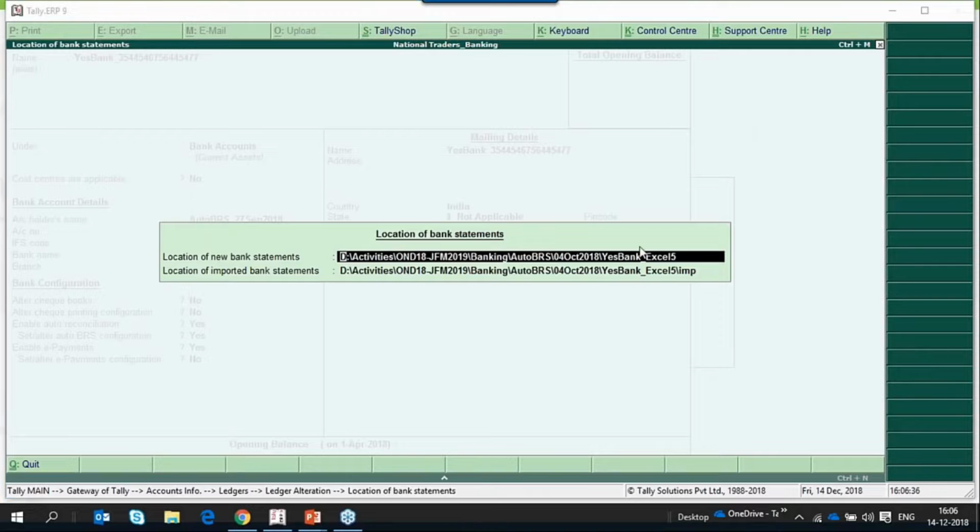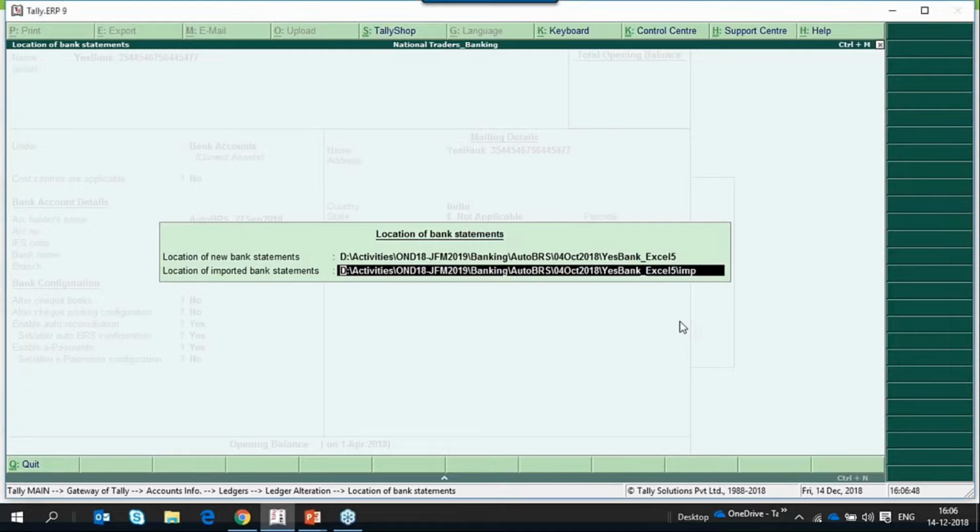So now we have already configured the location. So in this location we have the statement now. So once the statement is imported, the statement will go to a new folder called IMP in the same location. So let me accept this configuration.